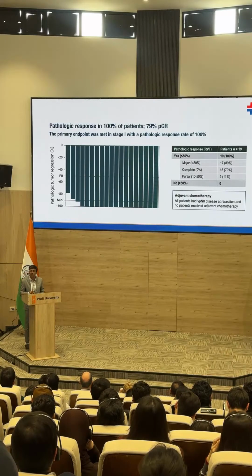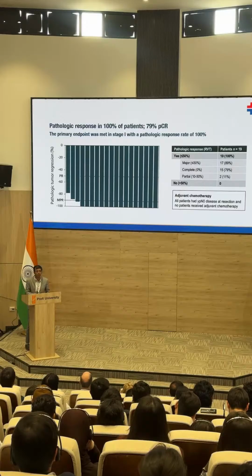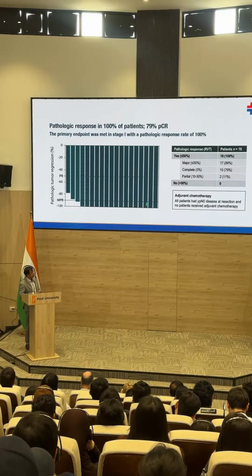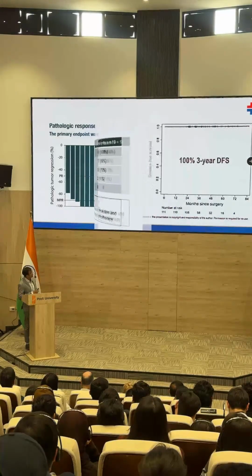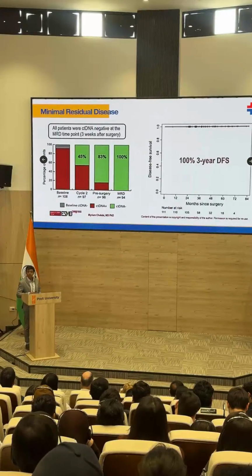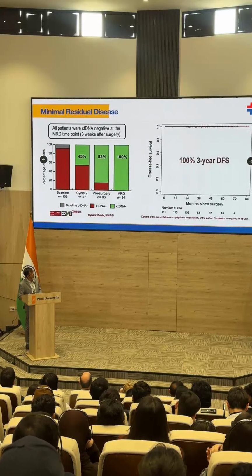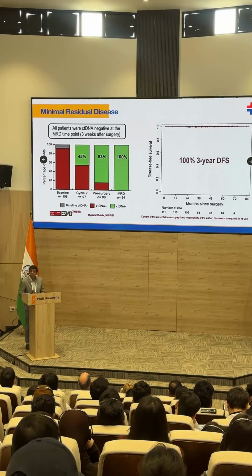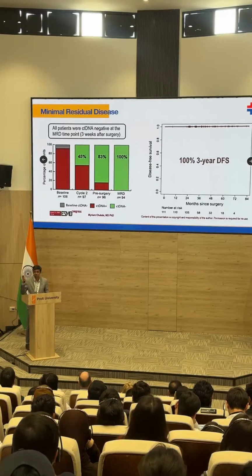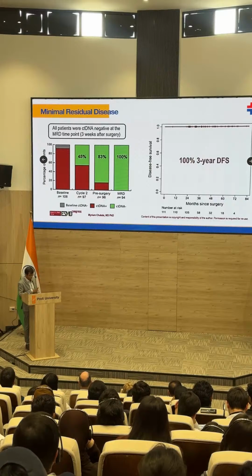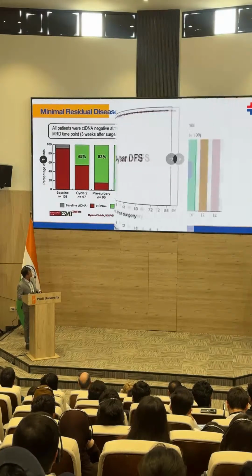Out of those, 79% patients had complete pathological response, which means not even a millimeter of cancer was there in their colon with just 2 doses of immunotherapy. So that improves the survival, and the same patients at 3 years, 100% of them, just a flat line at 100%, having a completely disease-free life just with 2 sessions of immunotherapy and a surgery. No chemotherapy, no radiation. That's how we improve the outcomes.